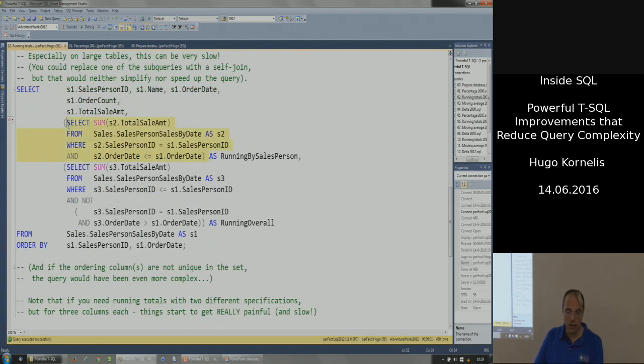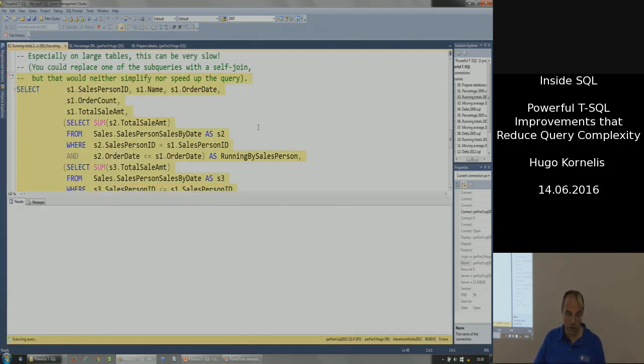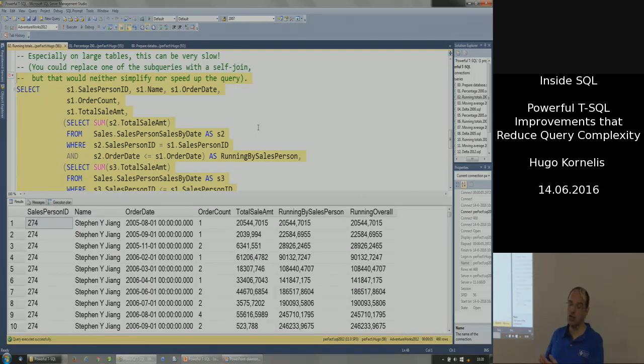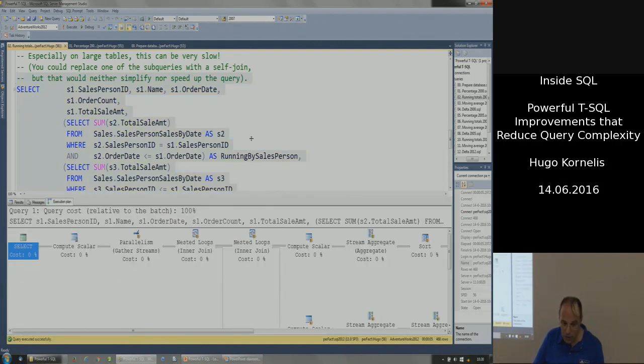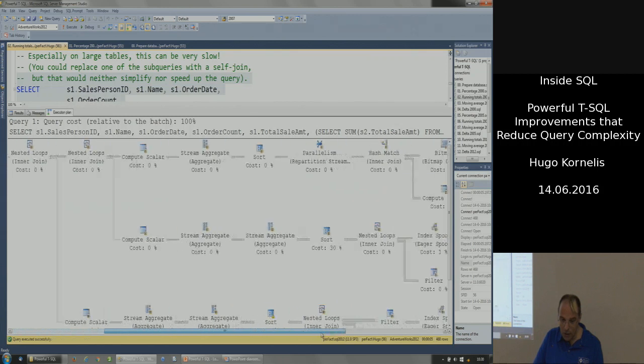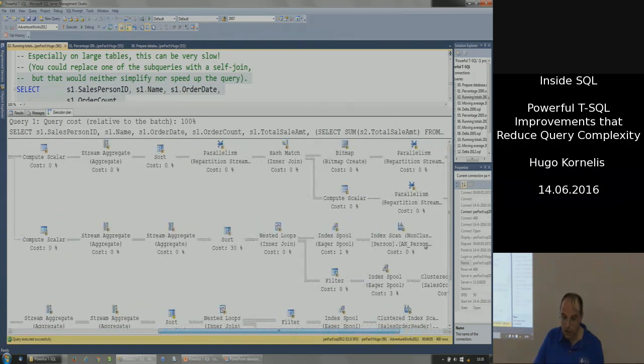So this is a running total that resets for the salesperson. We're only joining to the rows for the same salesperson, with the previous order date. This is the running total overall with the same slightly more complex join query. And this will give me the desired results. And you notice that even on such a small result set, it's already taking some time. And if you look at the execution plan, well, I'll need to bring this up. You will see that an enormous amount of stuff has to be done,